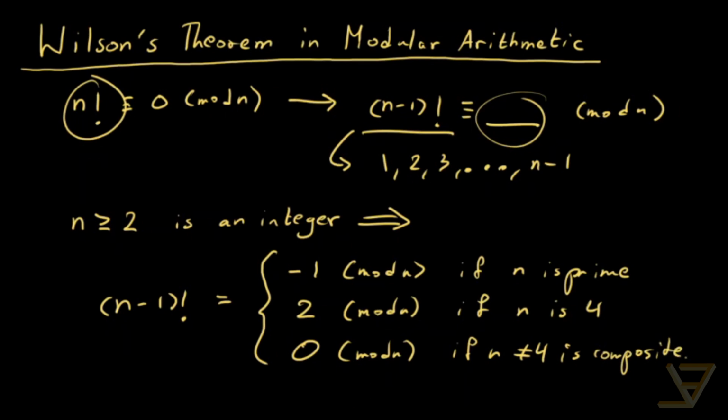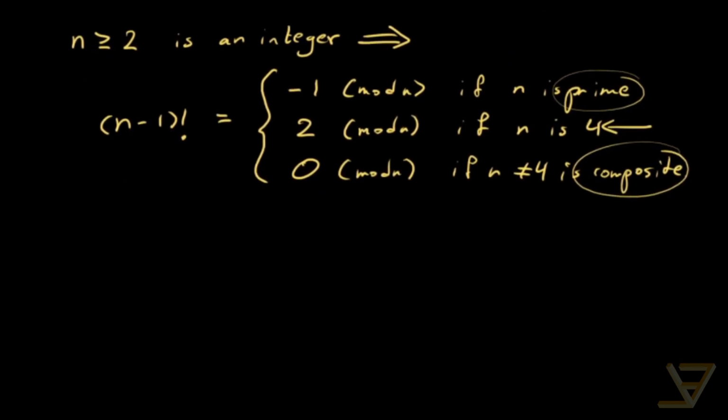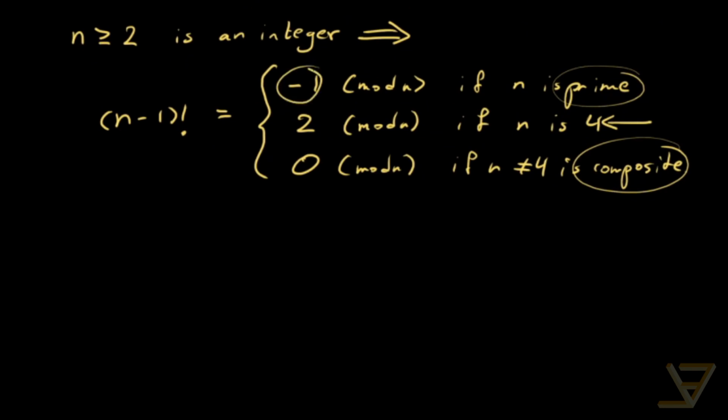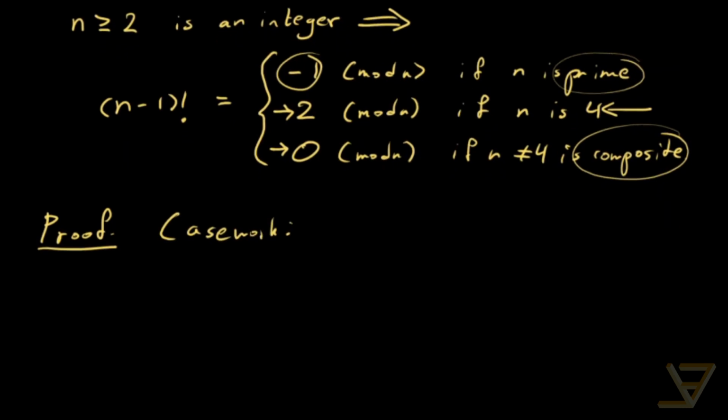So you can see that it basically boils down to the prime case and the composite case, but the 4 case is a little bit different. So it is true that it's negative 1 if and only if it's prime, but as you can see, there's more to the story than just prime and composite. There is a special case with 4. So let's prove this. There's going to be lots of casework here. More casework than it might seem at first, because there's a bit of a nuance to it, which we'll see